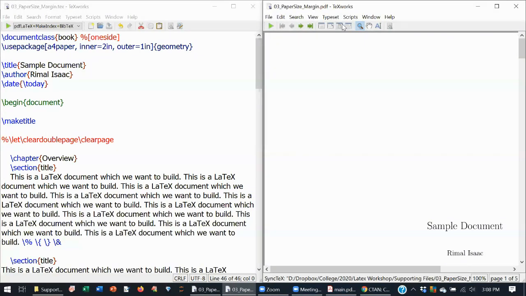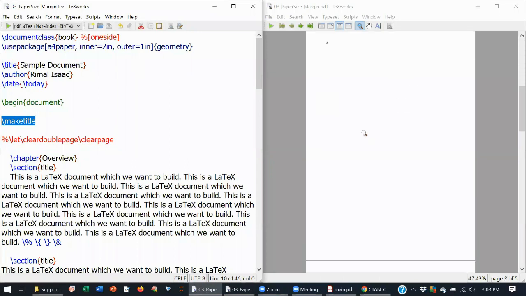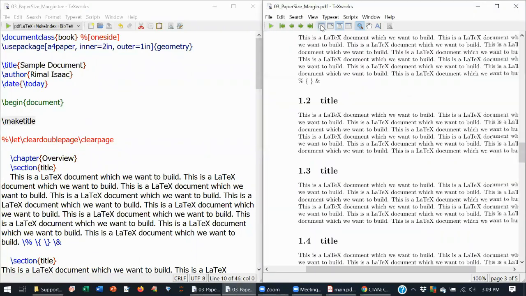So you have the output. You can see you have the title page. Why is this title page coming? Because I gave it a maketitle. Okay, next to the title page there is a blank page, but this shouldn't come. I will tell you how to clear that. Okay, now you can see this document.